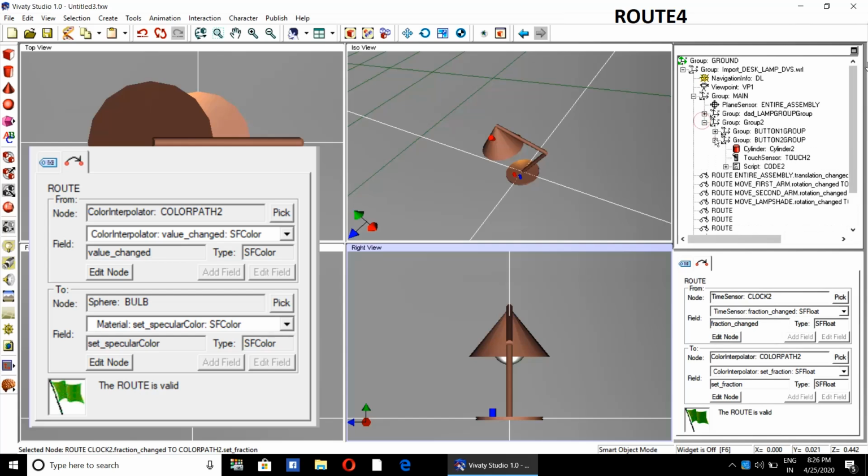Now route 4 will be from color path 2 to SF color, means bulb.